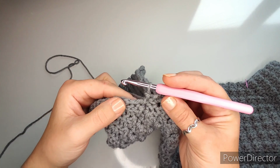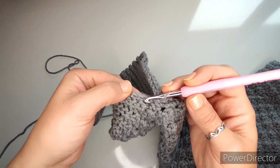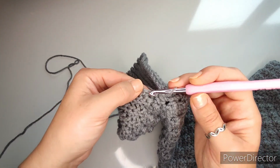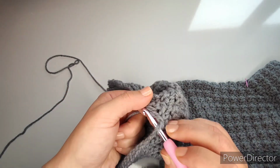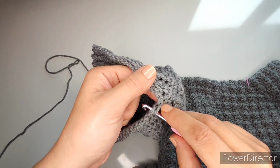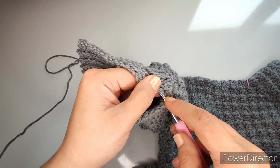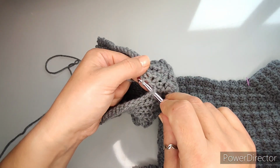I think sewing is a little bit easier, but I prefer this way. So we're gonna use the leftover chains right here, the other side of the chains that we have not used. So I'm gonna go into the chain side first, and then I'm gonna go into the middle of the first stitch. So this is the slip stitch that I have used to slip stitch it together. So starting with the other one, right, I'm just catching that front loop, and in I go. So just like that,